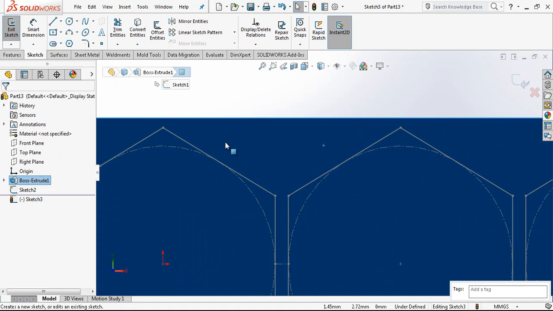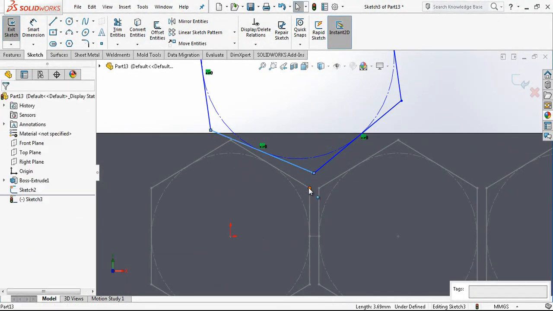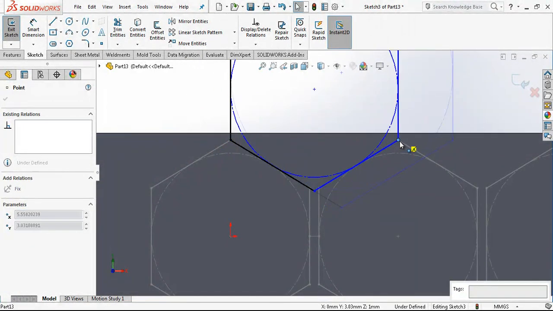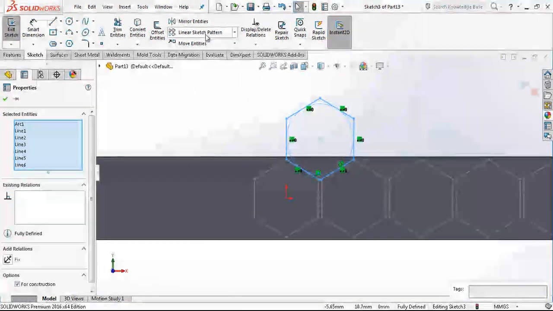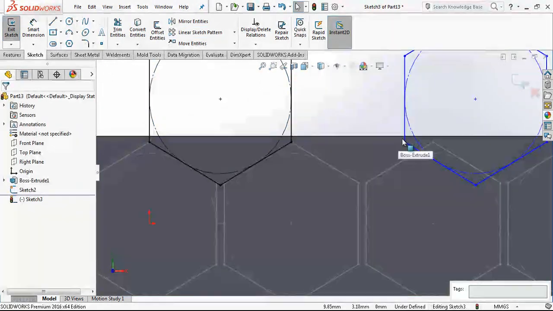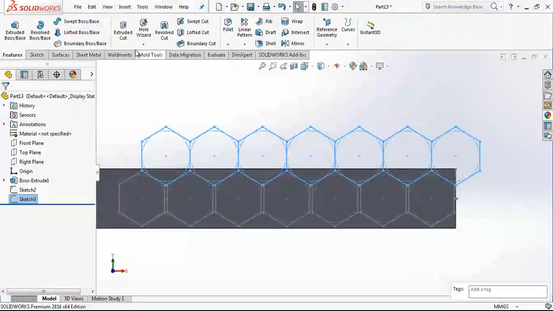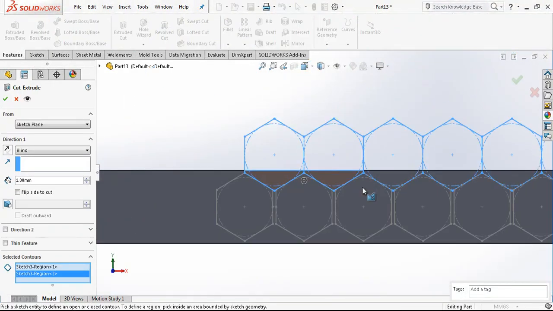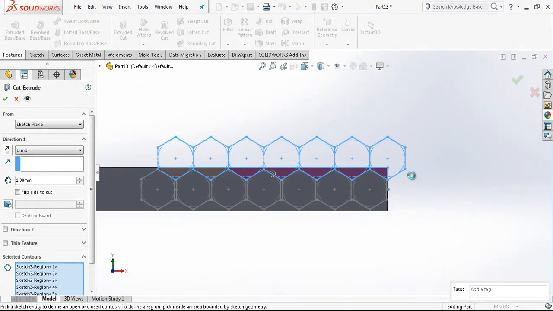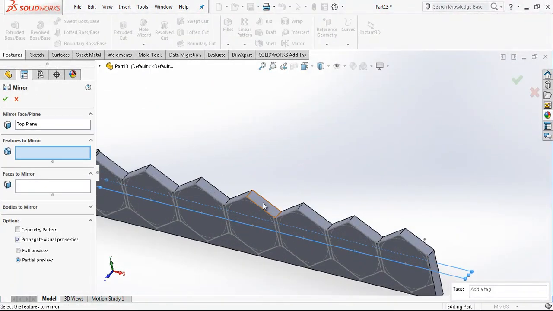First I'm cutting unnecessary parts by having a hexagon again, coincident and coincident and coincident, and multiply my sketch with linear pattern, just pulling the area gives fully defined sketch to me, and I'm choosing unnecessary areas. Now cut, and we are going to mirror it to the other side,